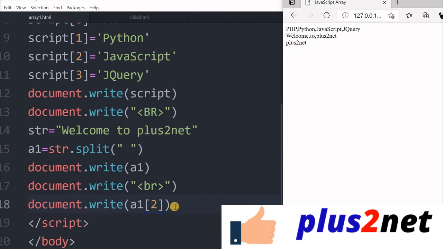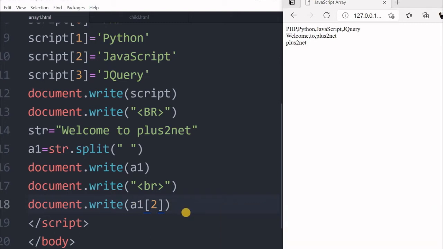So this is how we use the split function or split method to create an array by using a string. The split method also takes one optional parameter, the limit. That will limit the number of elements of the array. Here in this case, it is 3. Let's say we want only 2 elements to be there. So it will break into 2, so it will be 0 and 1. So the second element will be 1. I have given a limit of 2 here. Let's save this and refresh. So a1[1] is "to".